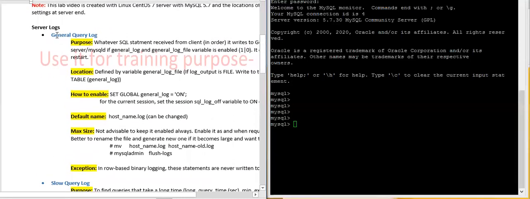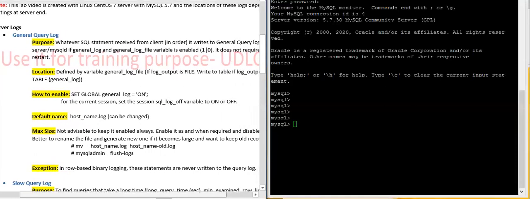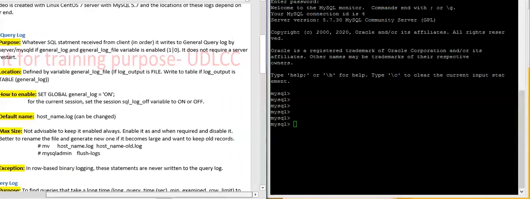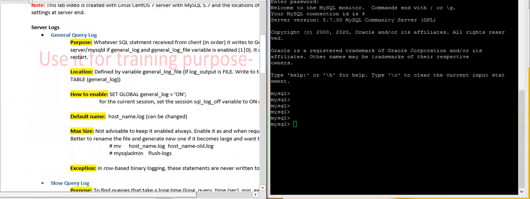What is the purpose of the general log? As you can see written here, whatever SQL statements are received from the client, in order, starting from the query, the server writes to the general query log. The actual server program name is mysqld.